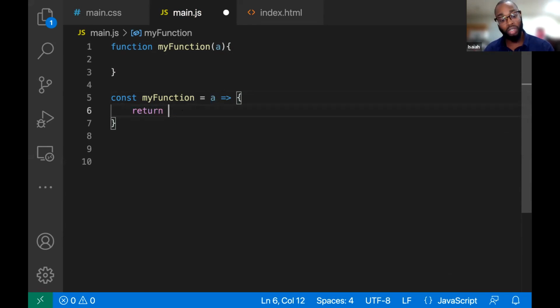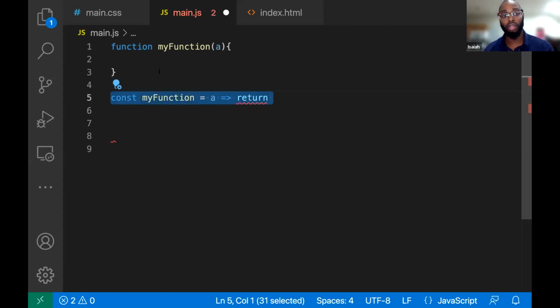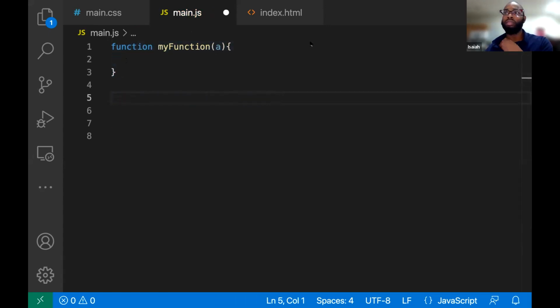But once we get there, we're going to be able to get rid of even these curly brackets, and it starts to become shorter and shorter. This one becomes a one-liner almost, whereas this function, you can never really make shorter. And there's other benefits also that are kind of hard to explain right now, but